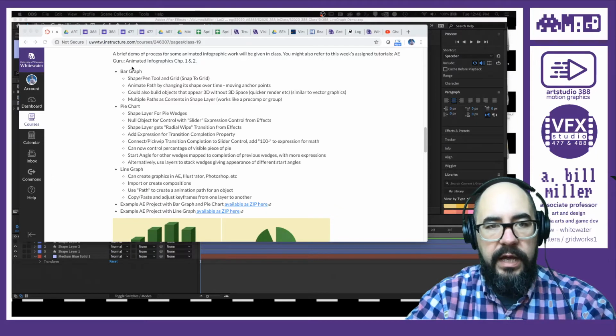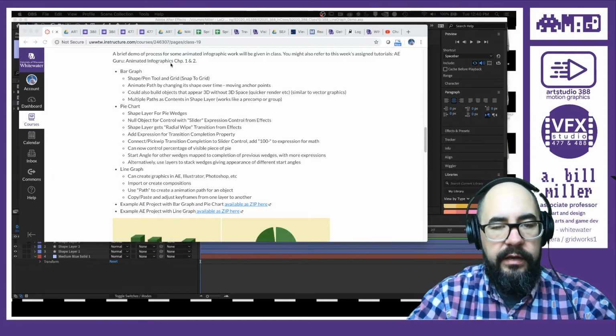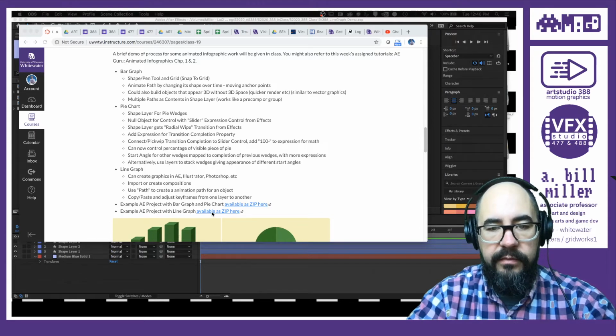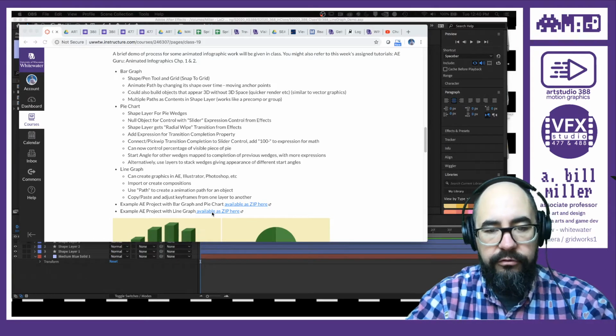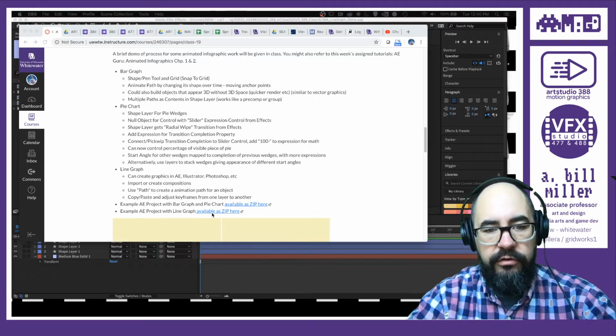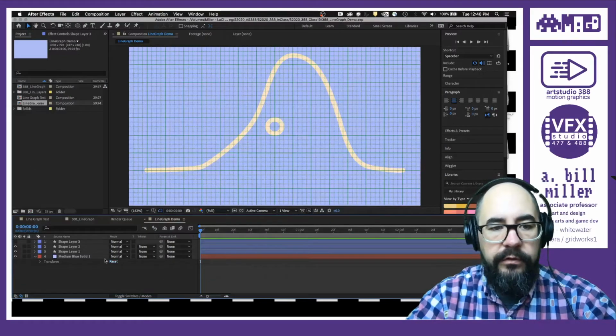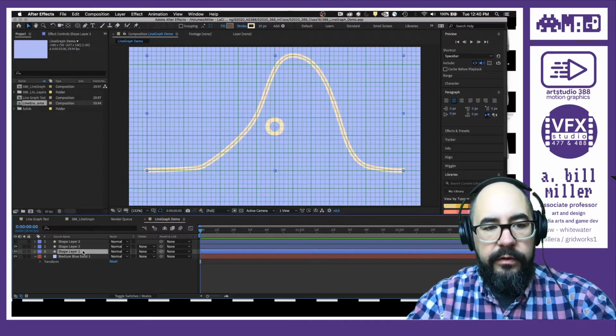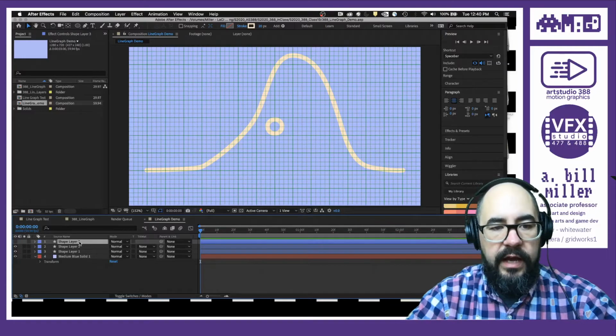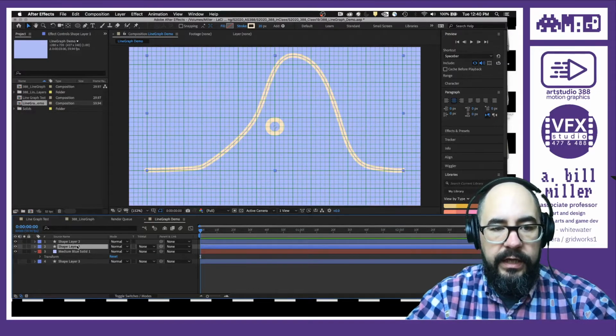Same things apply. This is outlined in the tutorials that have been assigned, and also there's a zip file with the project file I'll show you. It's missing some assets, but those were already converted to shape layers, so you should still be able to see everything. So first, what I would start with in this kind of example, just really quickly, is a line,